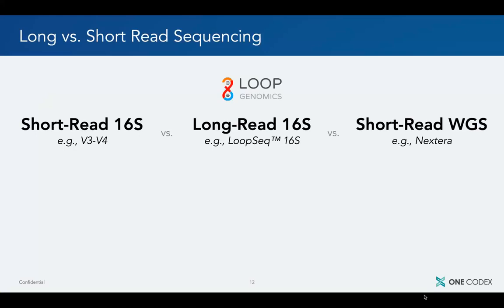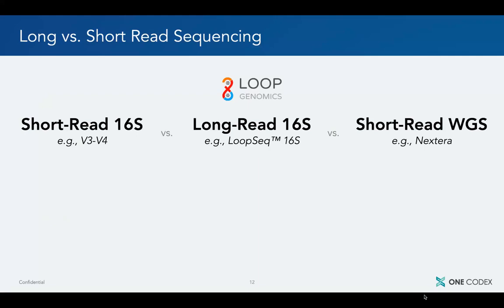So we have short read 16S data. I think this is by far the vast majority of sequencing that's been done of microbiome specimens. V3, V4 is a very common variable region to target. You typically do this on a MiSeq with 2x150 sequencing. You also see folks looking at other targets like V1, V2, or looking at just one variable region and trying to get shorter reads. But I think short read 16S data is something that we all kind of know